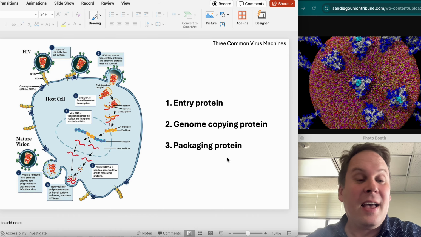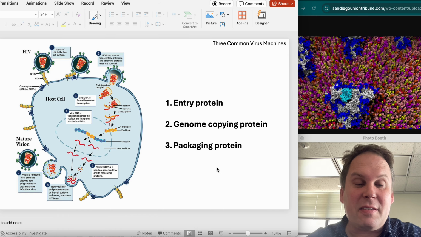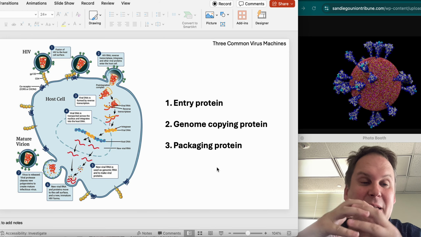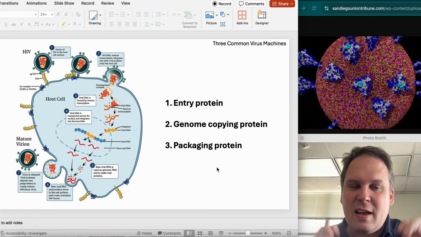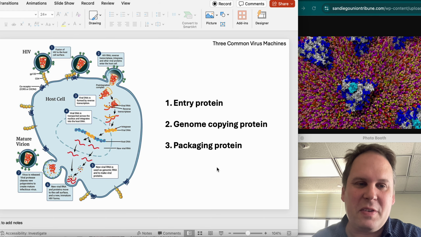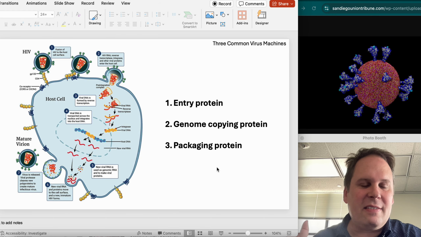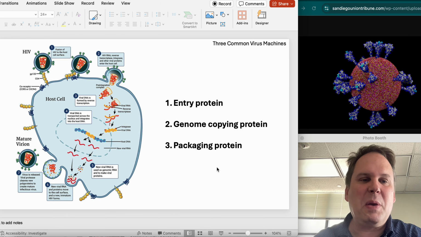They're the worst. Last thing, a virus needs some kind of protection. It's going to need a packaging protein, a thing to make that little shell that goes around the virus genome, that thing we called the virion on the other slide, which is actually what you call it. And so there are going to be one or more proteins that are involved in protecting the package. All right.